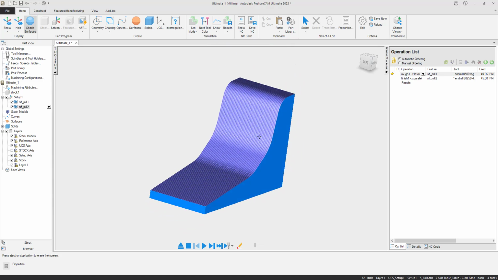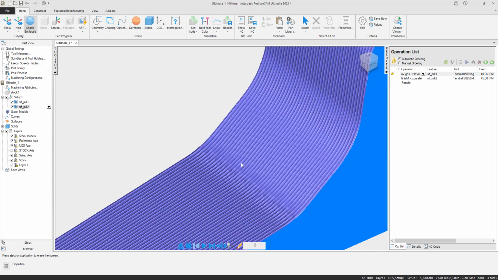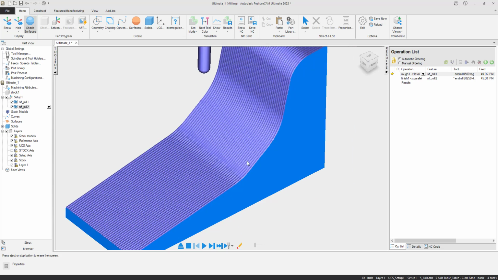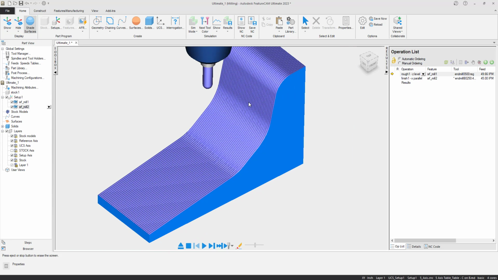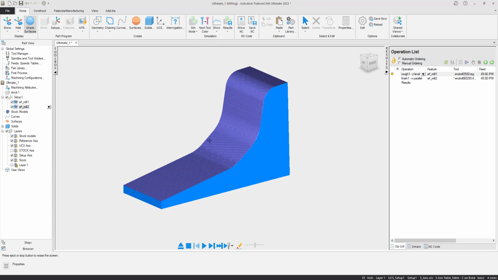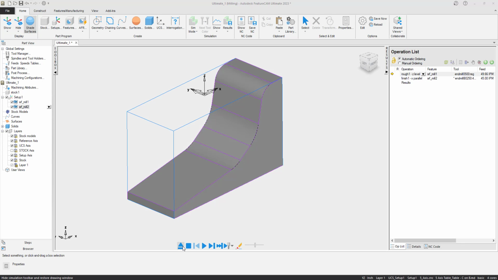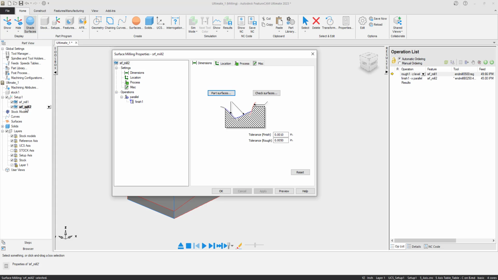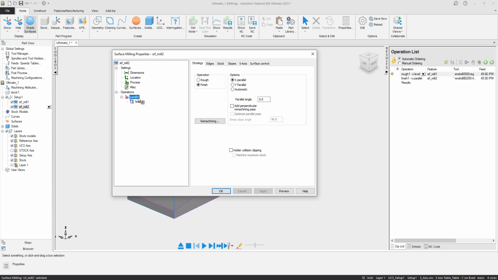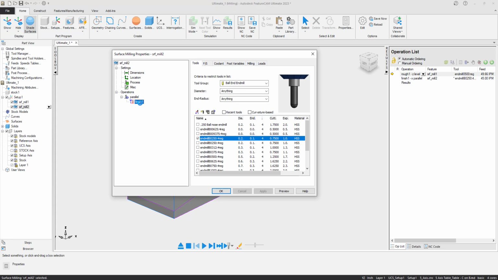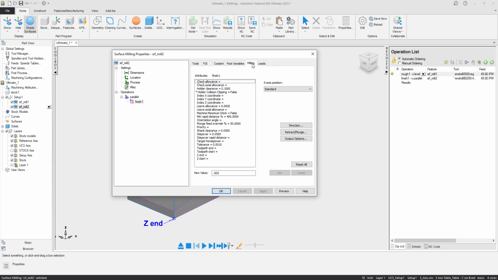But if I look at this and I zoom up, well, that's a lot of deburr. If you remember from one of my other tutorials, I'm not a big fan of doing extra work. So the last thing I need to do, because this is going to be the most efficient tool path for creating my part, I'm going to hit eject one last time. I'm going to go into surface milling, but I'm going to go down to the finish. I'm going to come into milling, and I'm going to come